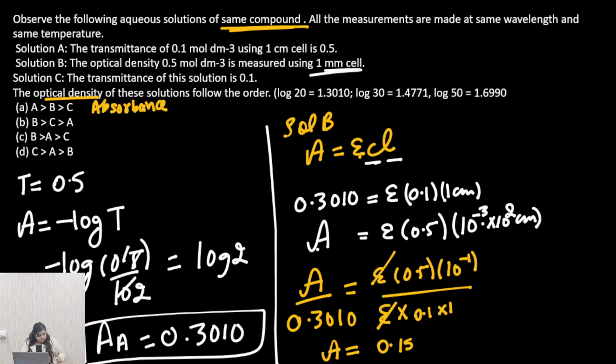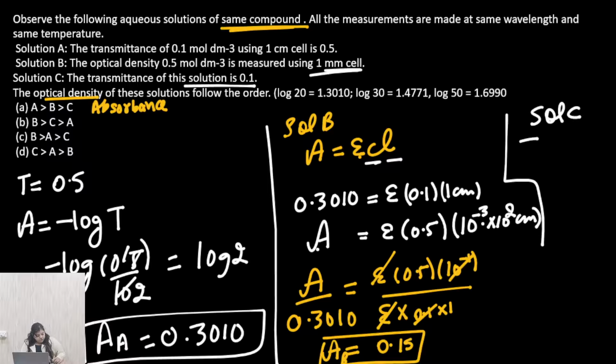Okay, so this 0.1 and 0.1 are getting cancelled out, so 0.15 is the absorbance for solution B that we are obtaining, right? Now for solution C, if you see, it is saying that the transmittance of this solution is 0.1. So the solution C that they are having,